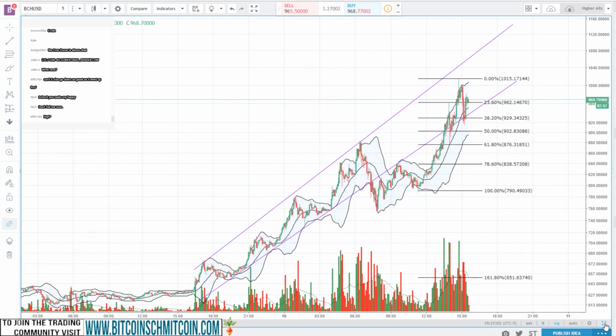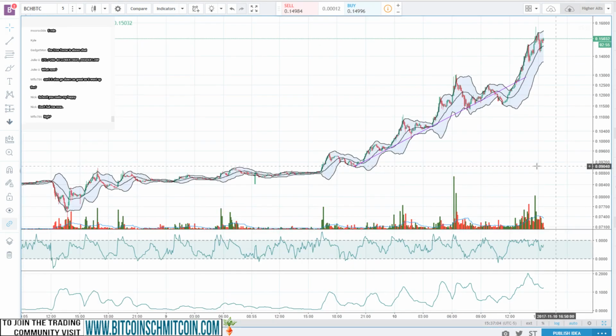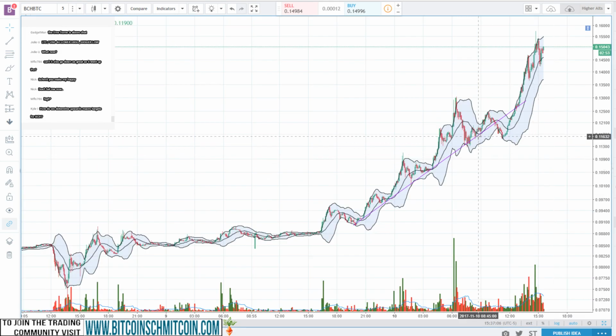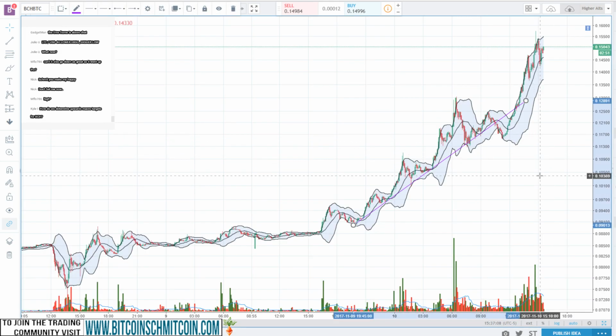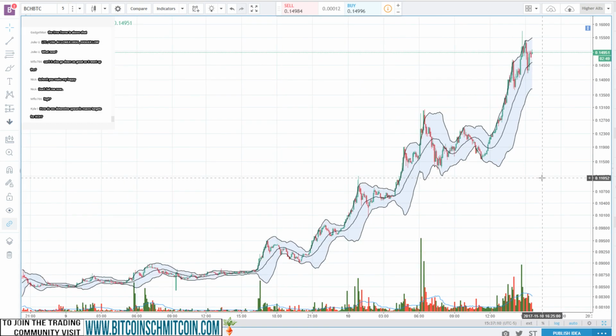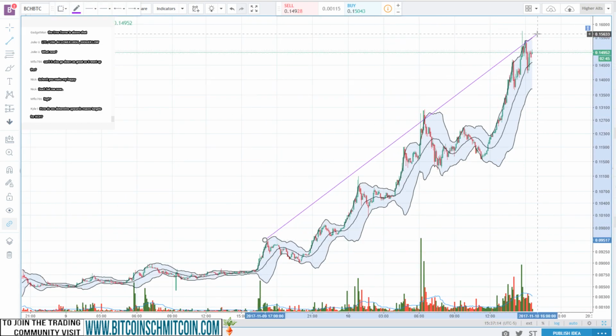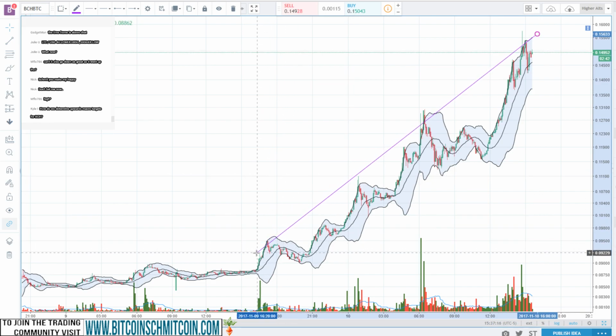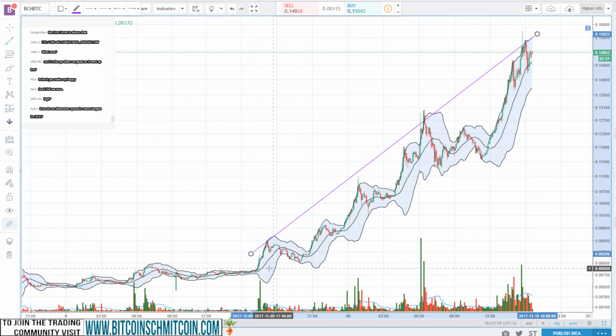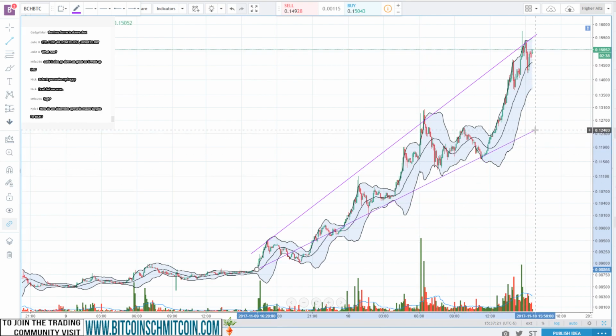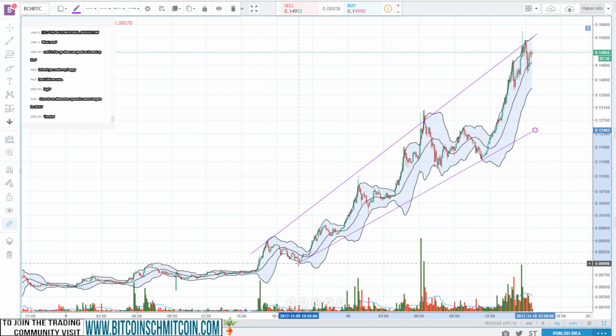Yeah, and so this will also segue into the ratio of Bitcoin to BCH, and you can see here clearly that it's doing the same exact price activity. So this is the currency pair BCH Bitcoin, and it's doing the same thing here.